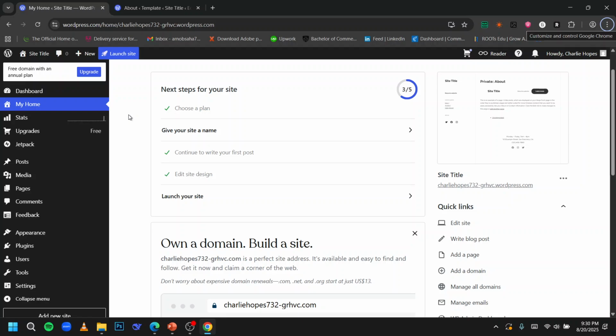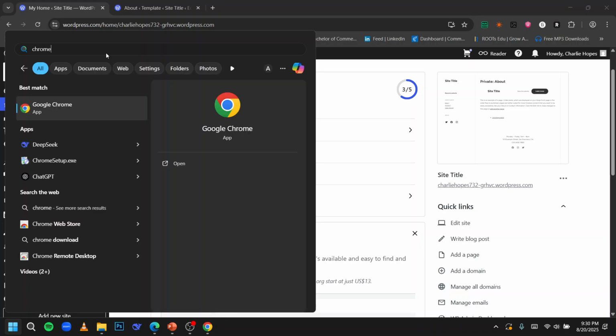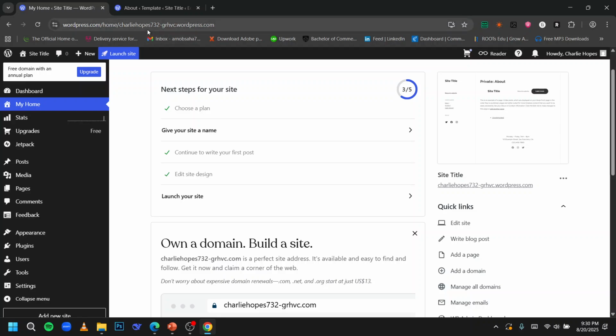Hello everyone, in this video I'm going to show you how to import an XML file from your WordPress site. For this, you simply go to the start button, then type in Chrome or the preferable browser that you'd like to use. After that, you simply type in